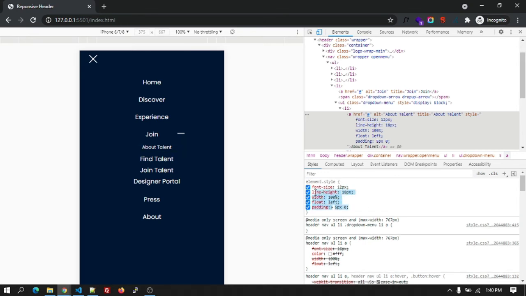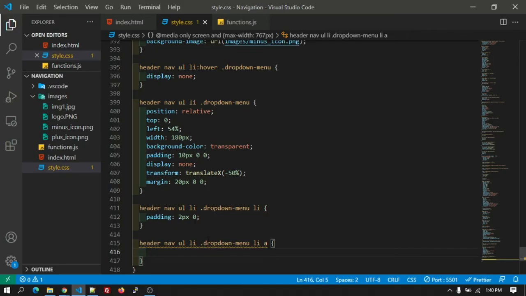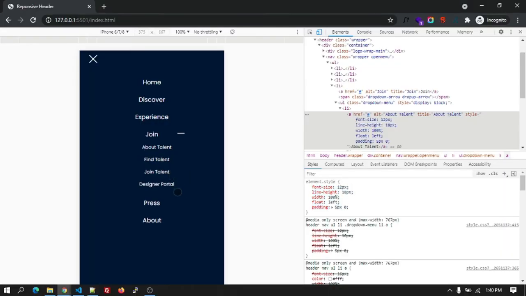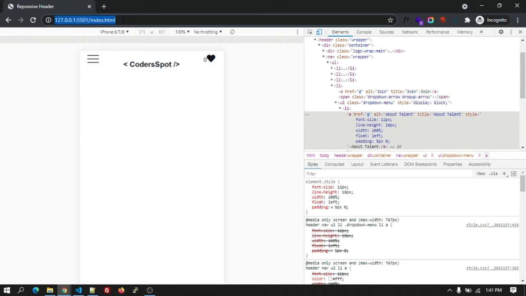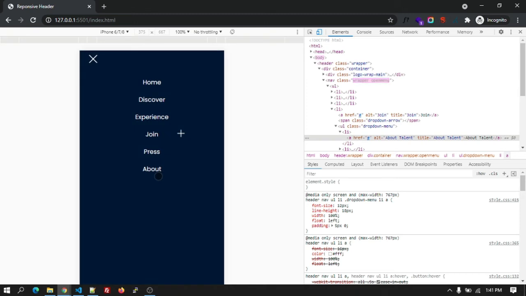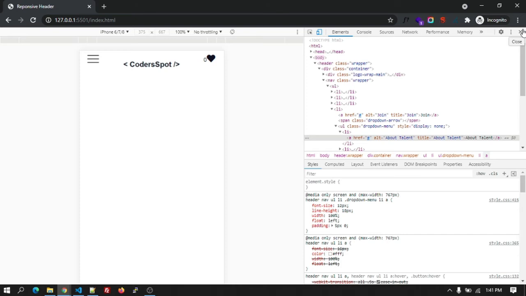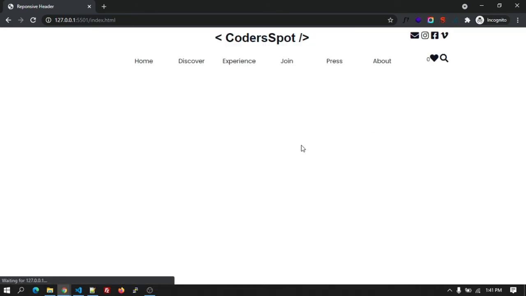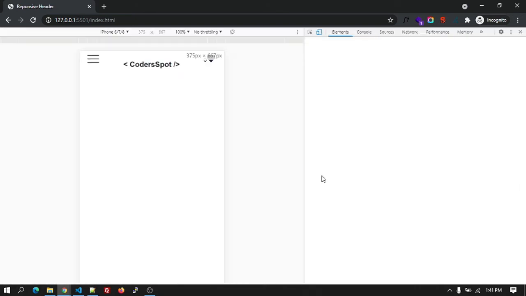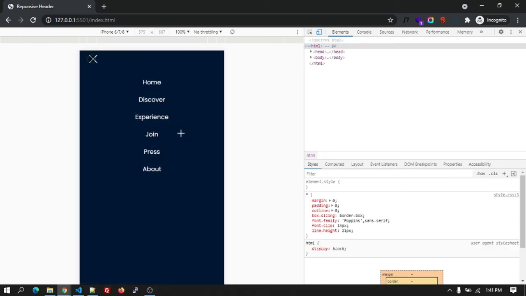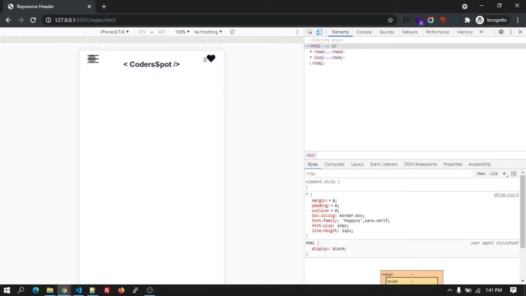Let's copy the CSS that we have written. Okay, so this is much better. Okay, for the mobile navigation we have made all the changes, you can see here, right? After clicking on this it's showing perfectly fine. So let's have a look at the desktop also, it's not affected right now. So we are done with the navigation part.